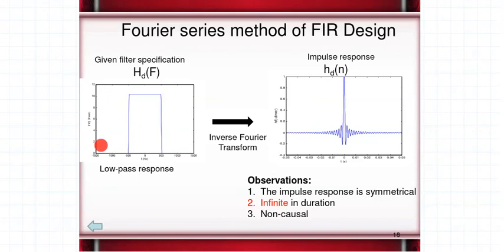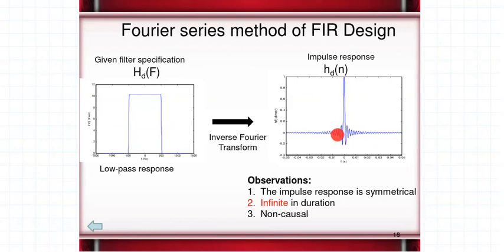Once we have these specifications ready, we apply the inverse Fourier transform and transform the signal from the frequency domain to the time domain. The moment we apply the inverse Fourier transform, this is how we get the impulse response of the filter, right? The impulse response we denote as h of n. This is the impulse response of the filter that we have assumed with the specifications given to us in the problem, right? So by applying the inverse Fourier transform, we have obtained the impulse response of our filter.